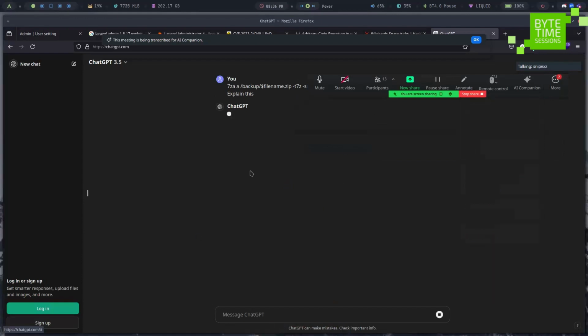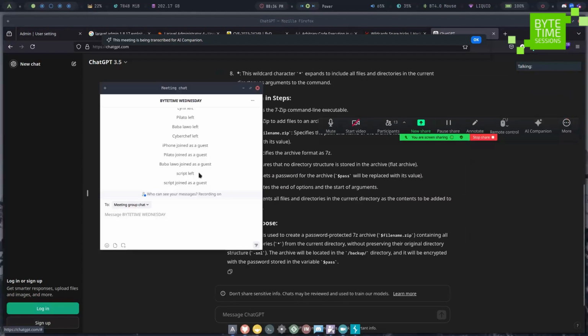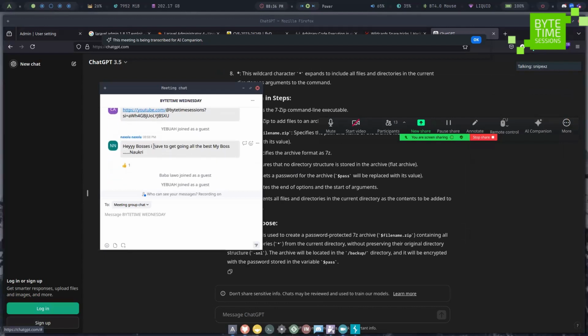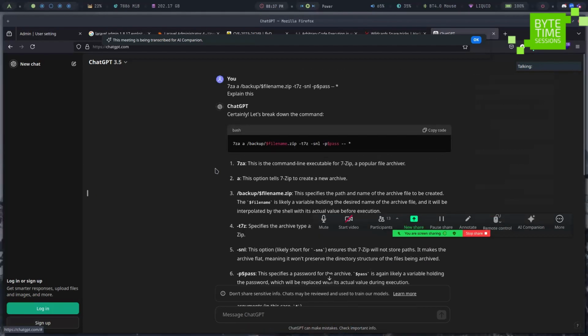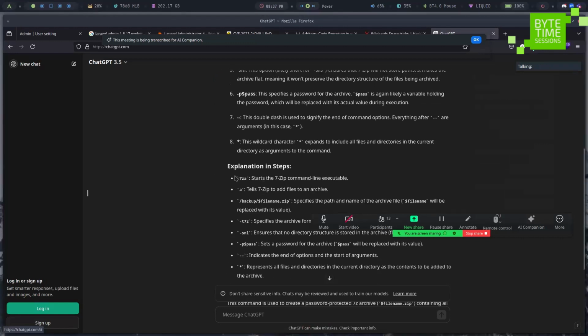It spit out a lot of stuff. Okay, sorry. So if we read this, ChatGPT explains what all these parameters are and why this is actually